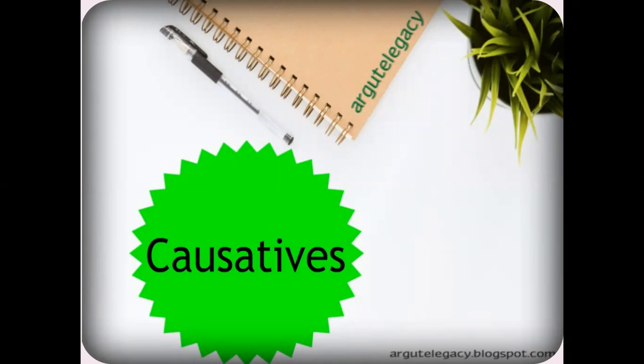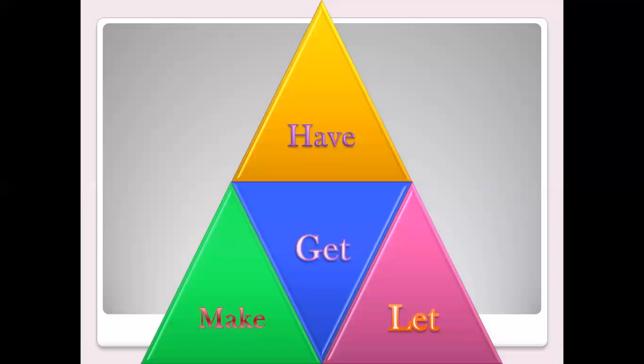If we break the word down, we can see that causative is a part of a cause. A cause is a reason, or something that will let something else happen, or something that comes because of something else. The most common causatives in the English language are have, get, make, and let. We use these words to upgrade our language to be native-like and speak more naturally. Let's move to the examples to make them easier and clearer.